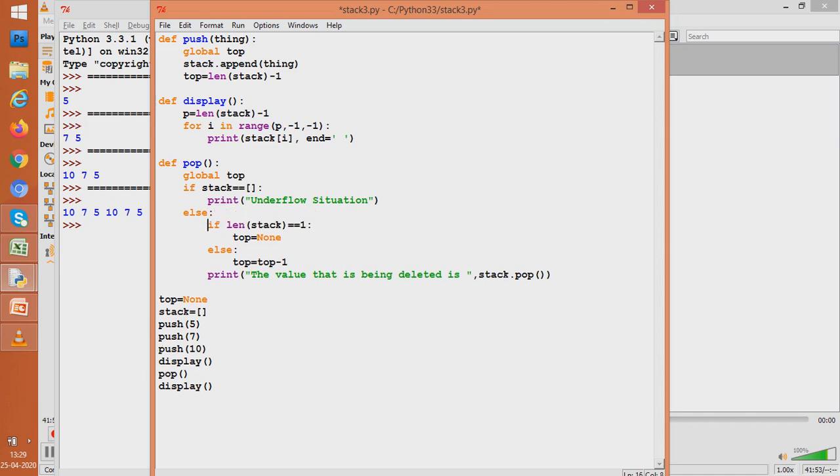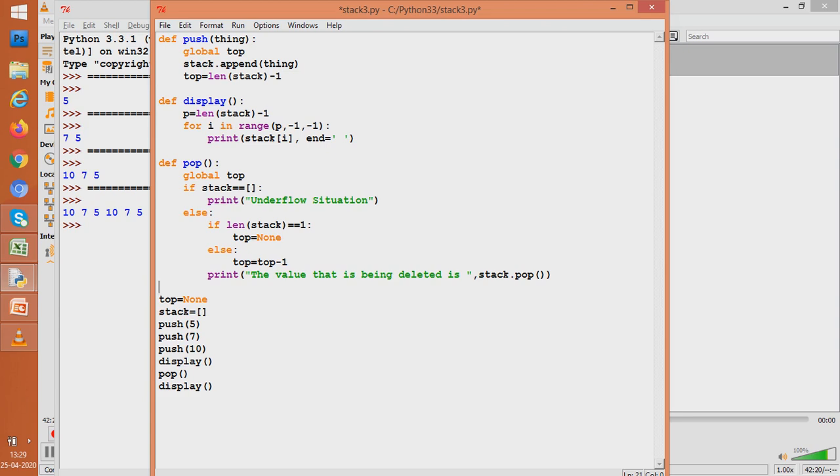Now the whole pop function explains to the Python interpreter that if stack is empty, then display the underflow situation, and if we have length as 1, then put top equal to none, else put top as top minus 1 if the length is more than 1.